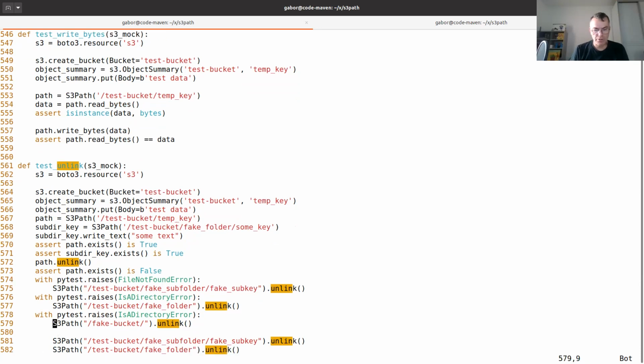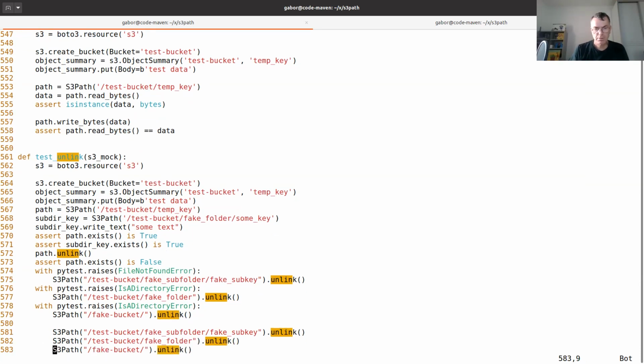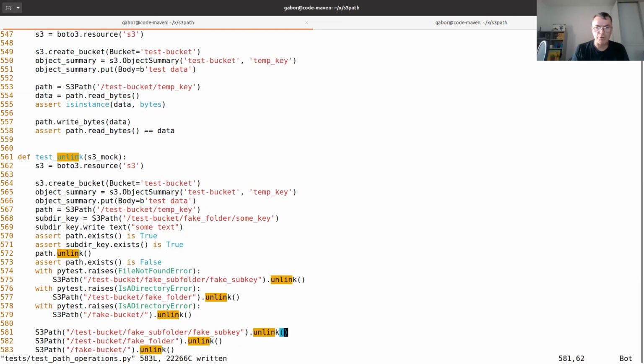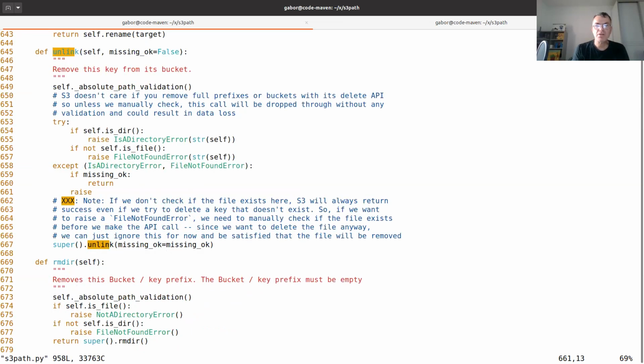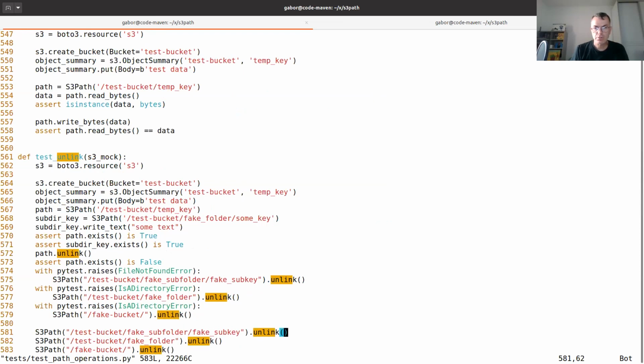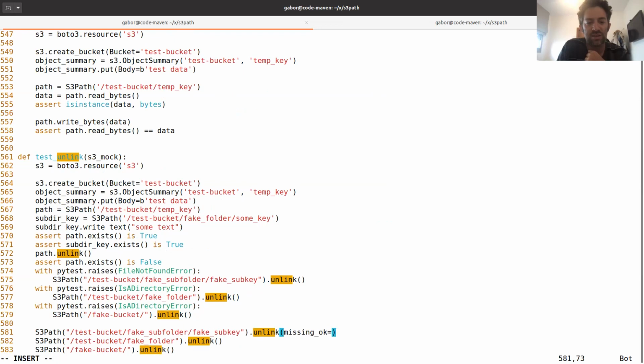Because you're not catching exceptions. There shouldn't be exceptions, right? So maybe no spaces here either. And then pass in this parameter, which I already forgot what it's called. It's called missing_ok, and give it a true.